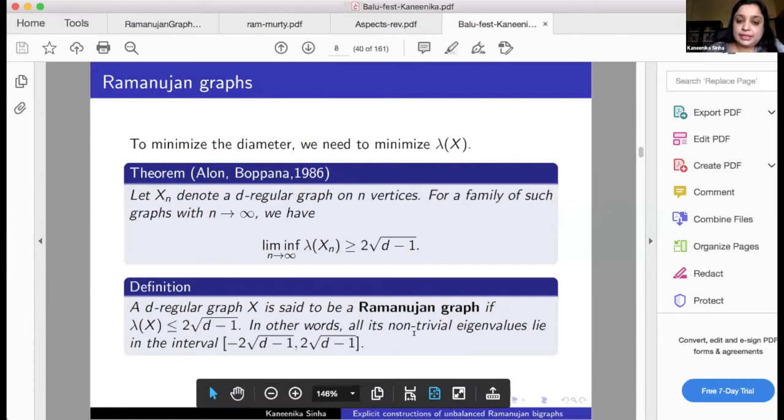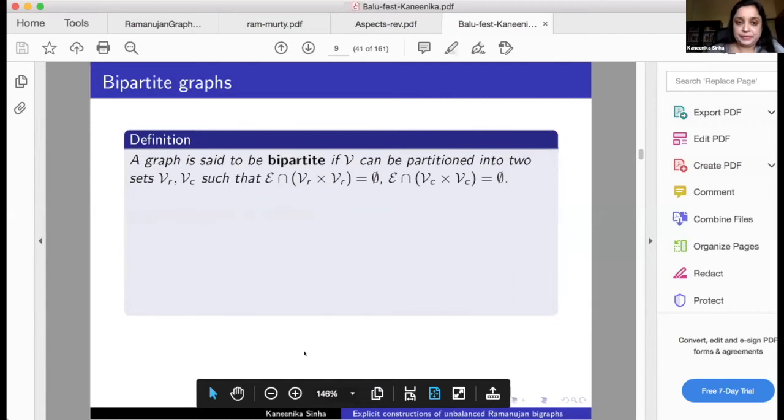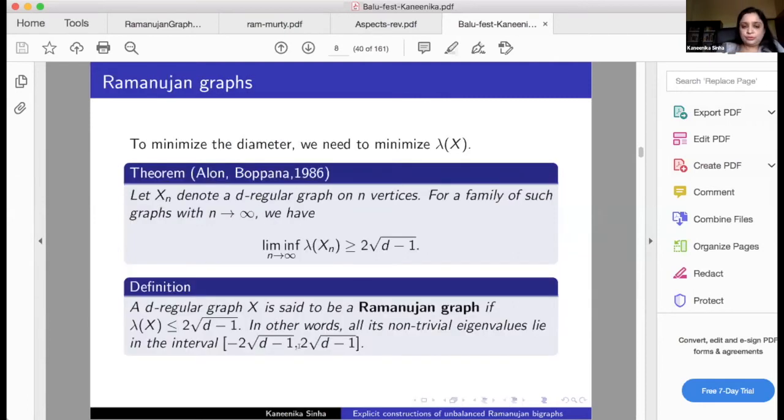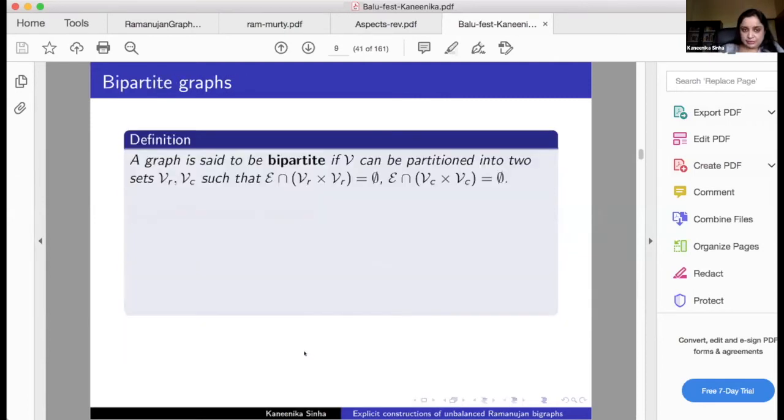Okay, in other words, in a Ramanujan graph, all the non-trivial eigenvalues lie in the interval [-2√(d-1), 2√(d-1)]. Okay, now we move to some very special graphs, namely